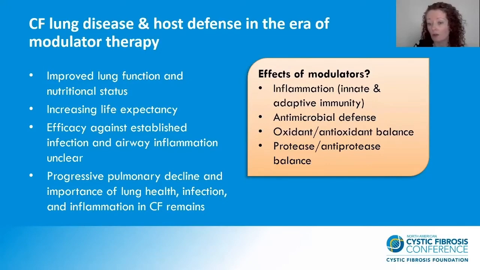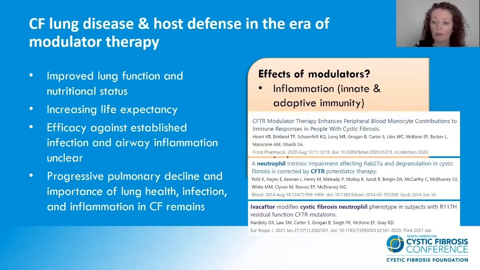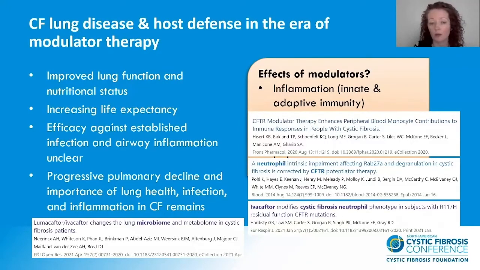So we have a lot of work to do to understand what host defense looks like with modulator therapy. Some of the early evidence suggests that modulator therapy in CF patients can change immune cell function, and also understanding how the airway microbiome changes in response to modulators will play an essential role in developing strategies for managing airway